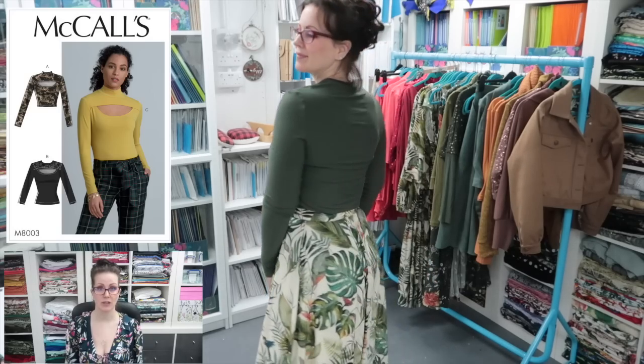It's the McCall's 8003. I think I have that number right. So yeah, this is the McCall's 8003. I thought I was going to love this. I really thought I was going to love this, and that's why I've used this fabric, because I love this